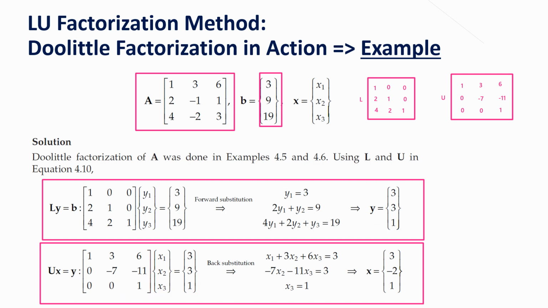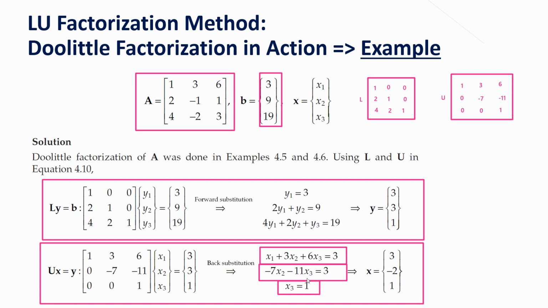So now you have 1 multiplied by x1, plus 3 multiplied by x2, plus 6 multiplied by x3, is equal to 3. The second formula is minus 0 multiplied by x1, minus 7 multiplied by x2, plus minus 11 multiplied by x3, equals 3. And then finally x3 is equal to 1. Okay, now you do the backward substitution, you put x3 here, so minus 11